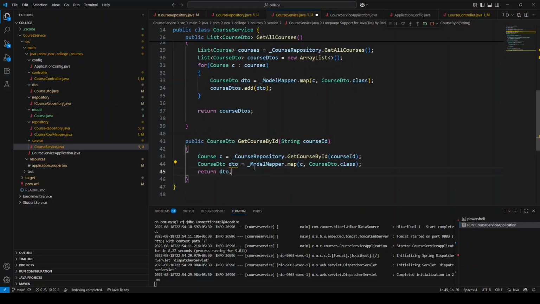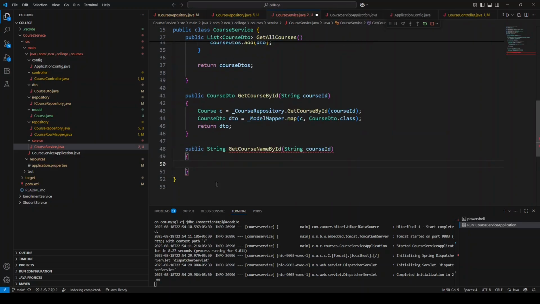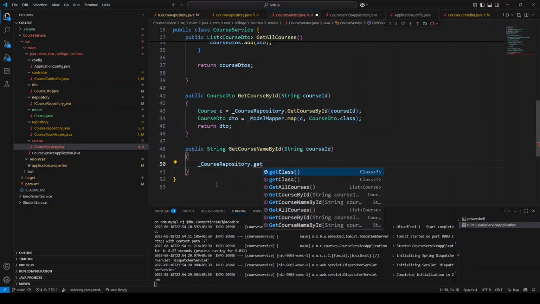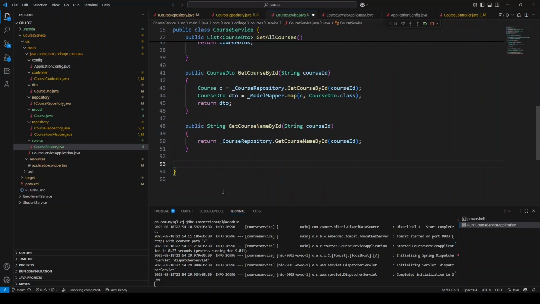All good? Nice. Next, public string get course name by ID, string course ID, and we are going to call get course name by ID and just return it, because there is no conversion required. It is already returning a string, and we are returning the string. That's it. Next, add course, public course DTO,